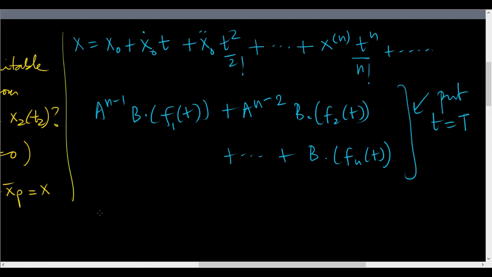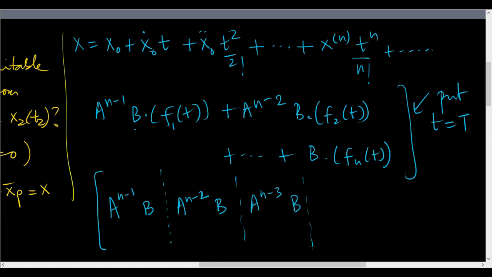Okay, now what I'm going to do is I'm going to put t equals capital T, and then what I will end up with is this matrix a to the n minus 1 times b. Think of it, if b is one column, then this is just a column. If b is two columns, then this is two columns, but I will just put a spacer here. Then I will put a to the n minus 2 times b, a to the n minus 3 times b, and all the way until b, and then now I will think of these as numbers because I'm evaluating at some time. So I'll have some f1, f2, fn,